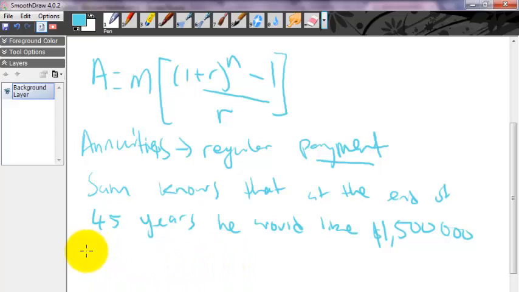I know that the interest rate I can be offered today for the next 45 years is, let's just say, it's not very good, only 6%. So it's pretty standard, I guess. The interest rate is 6%. He wants to know